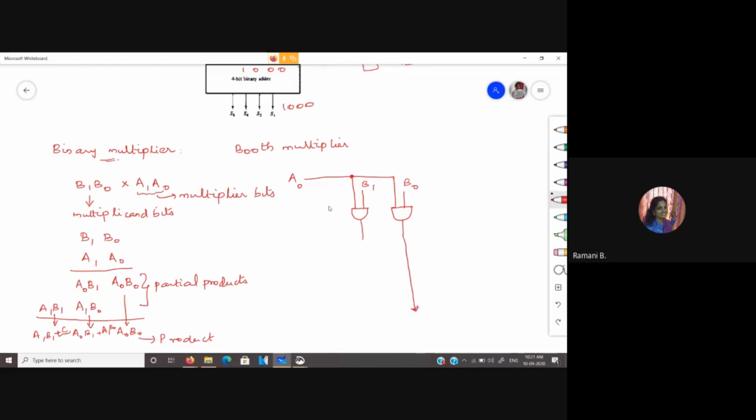So let us say that is the least significant bit of the product. So let me denote it as P0. Next, we have A1 multiplied with B0 and A1 multiplied with B1.